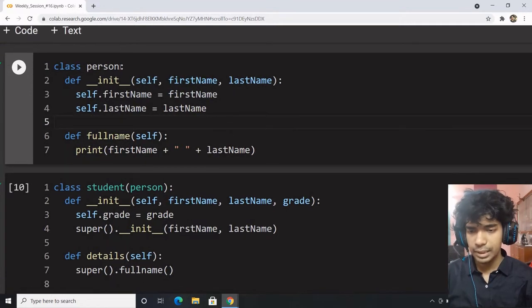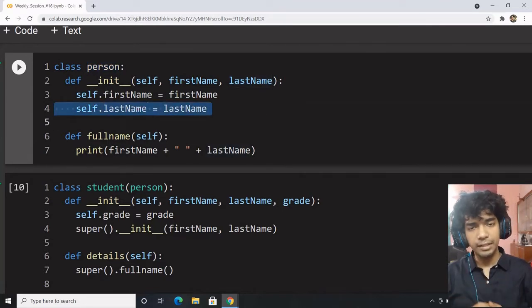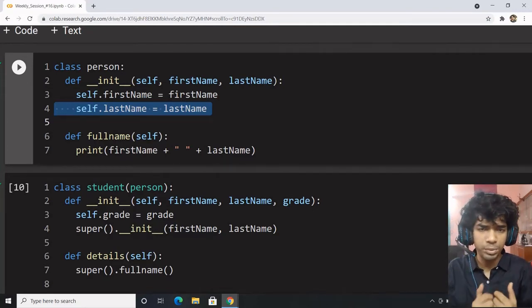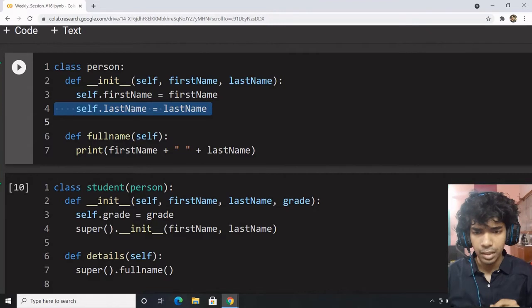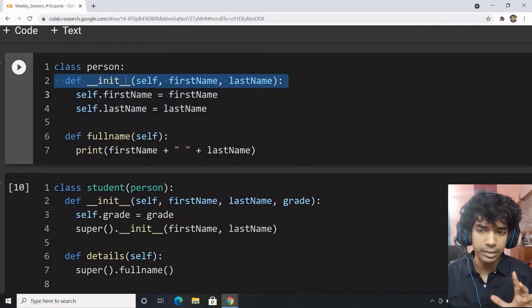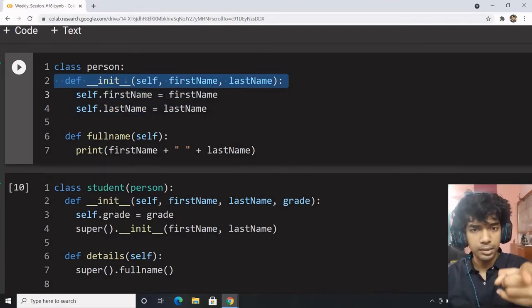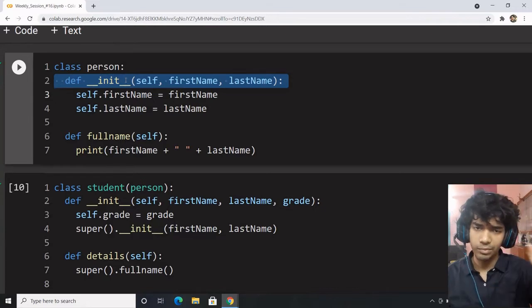So let's say you have a class, person. Every object of the type person, don't visualize it as a class, visualize it as an object. So let's say you are a person. If you are a person, you must have a first name, you must have a last name. These are inherent properties which get defined the moment I say that you are a person. If you are a person, you have a first name, you have a last name.